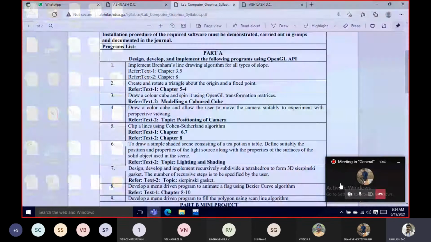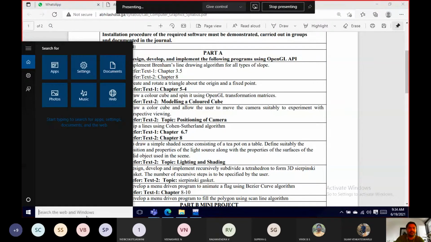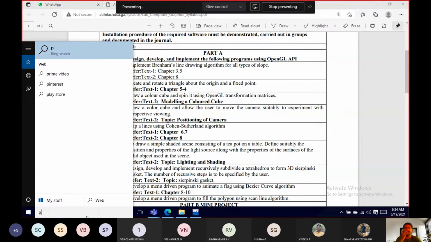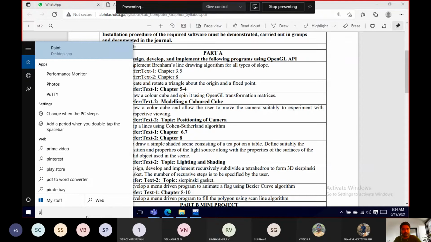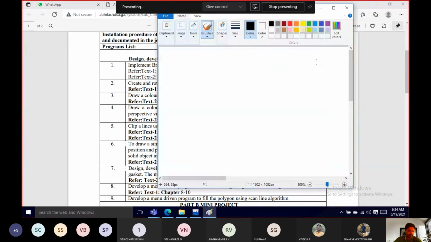So what do we mean by Sierpinski gasket? Sierpinski is actually a person who designed this particular gasket. So first things first, we'll try to understand what a Sierpinski gasket is. And this Sierpinski gasket should be divided recursively. That is the important thing. So what do we mean by divide